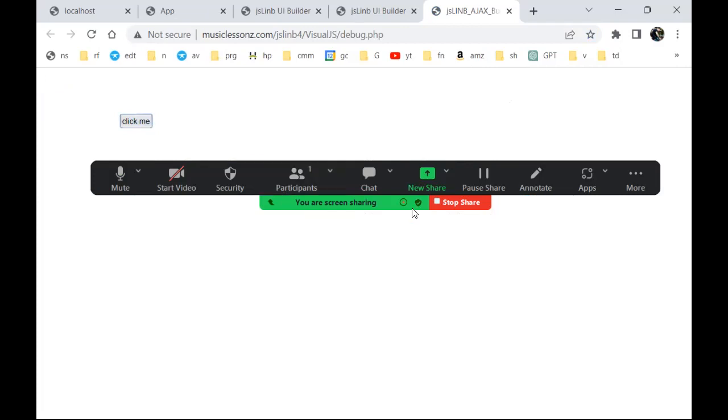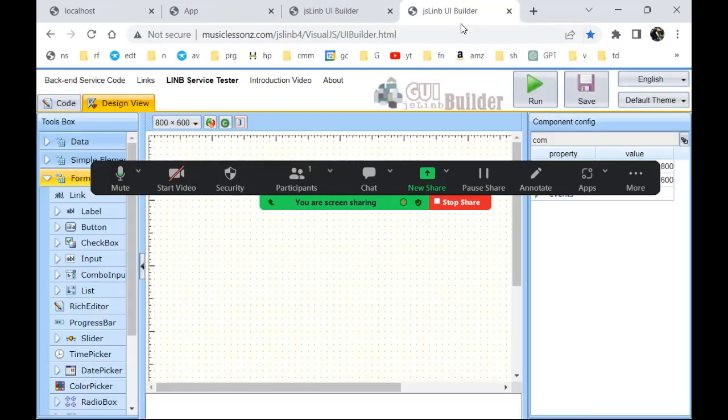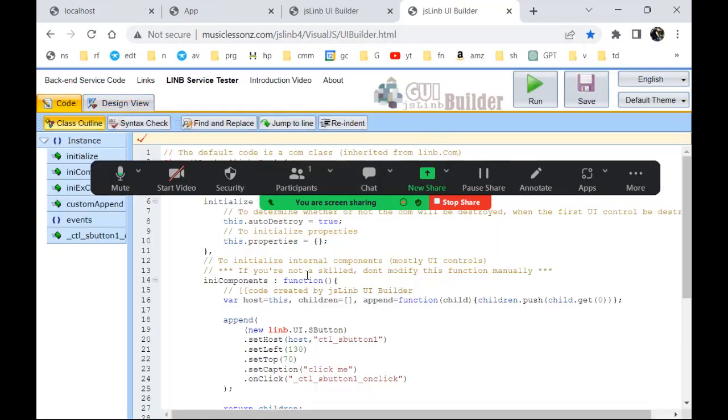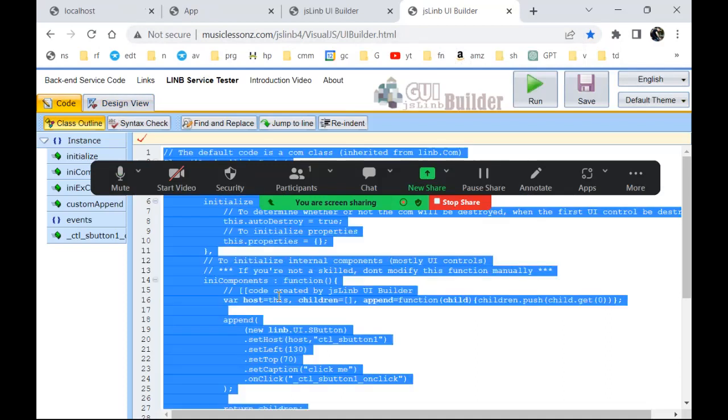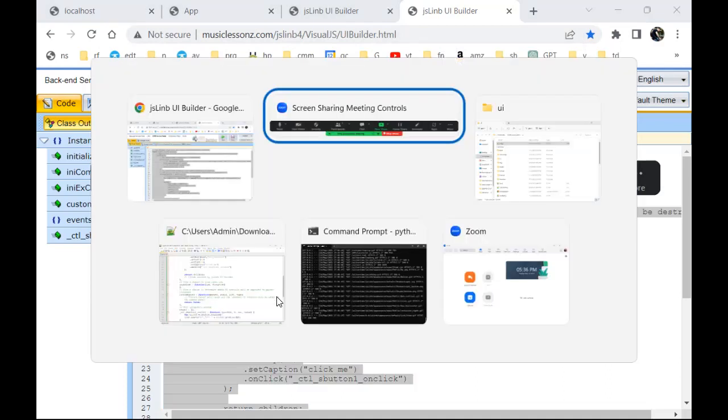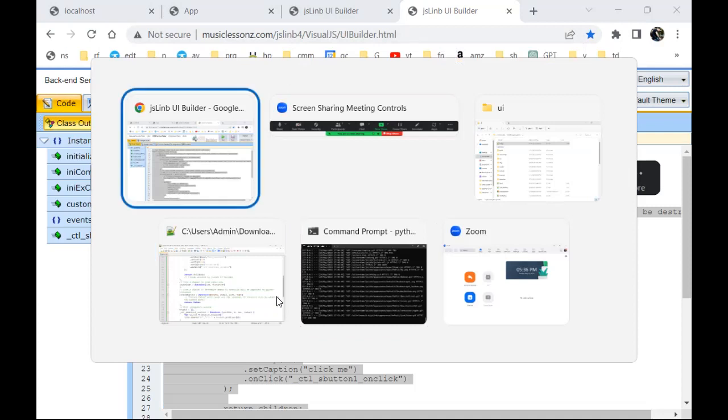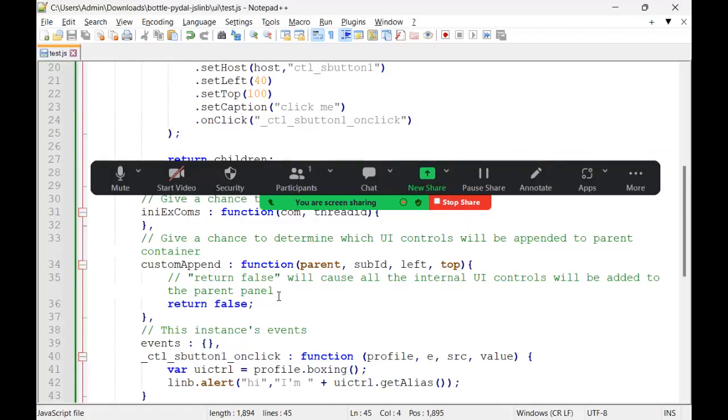So everything works as it's supposed to on a server, but I didn't want to have PHP be a requirement in this toolkit, so we've got a little more manual way of just looking at the results. So you've seen this already. I'm going to take all the code, Control-C. I'm going to go back to my test.js, paste that in there, save it, and then I'm going to go back to